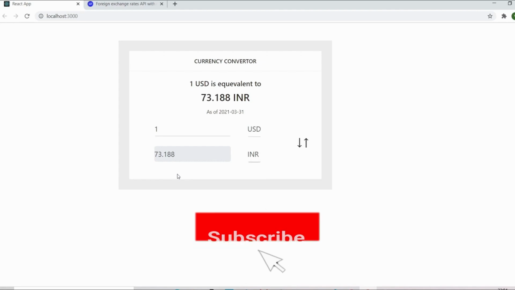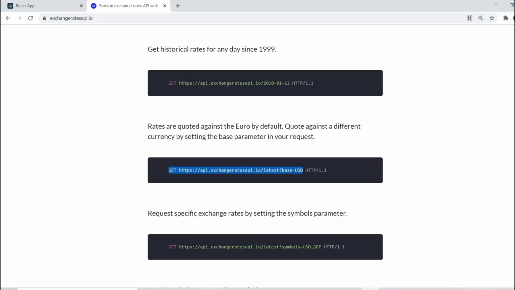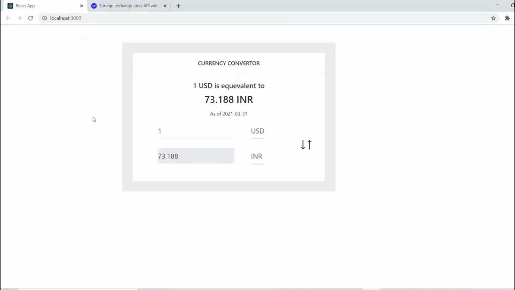So it will give the value of the Indian currency, and I am going to use the API from this website, exchangerate-api.io. So this API I am using, which I have highlighted, and this API basically returns the yesterday data. So whatever the value was there yesterday, 1 USD equivalent to INR, it will return that data. So it's returning the yesterday data.